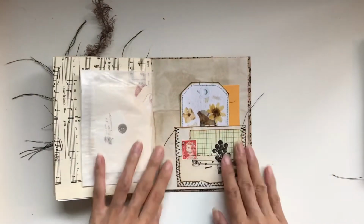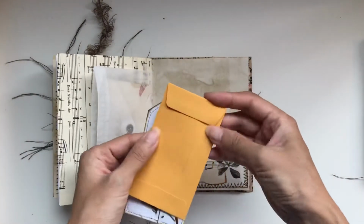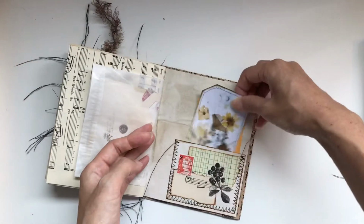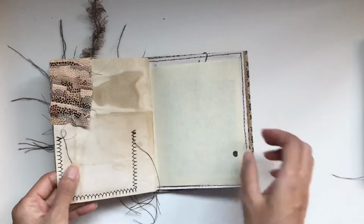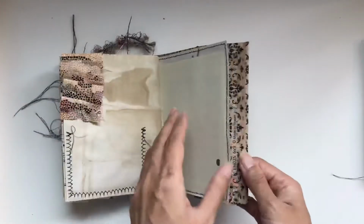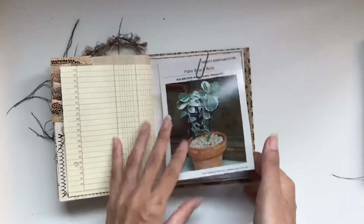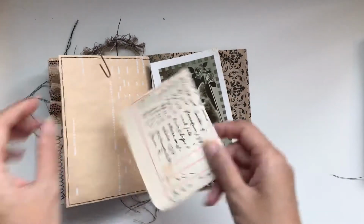And then back here we've got another embellished vintage pocket with a coin envelope. Again, you can do whatever you want with that. And another tag. And then I included one of my ruffles because the colours just fit with the colour scheme. I like how you can see it there. And then I just paper clipped in one of these botanical note cards. And then this is authentic vintage